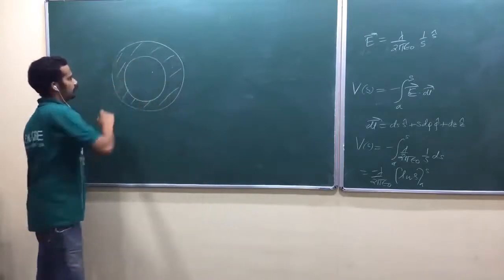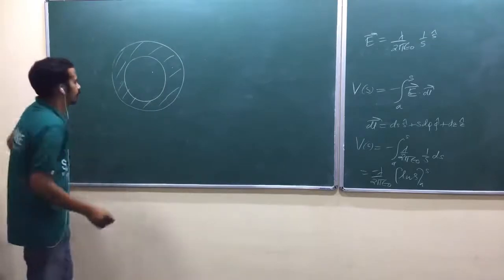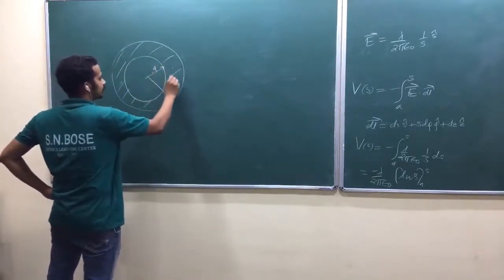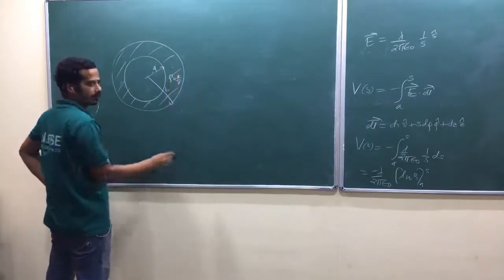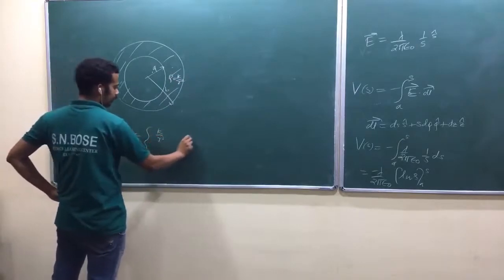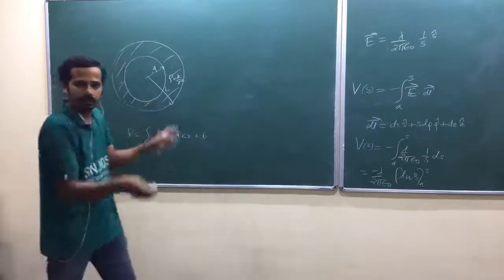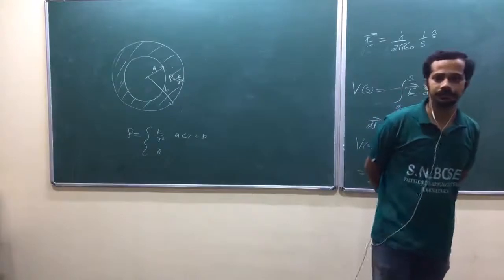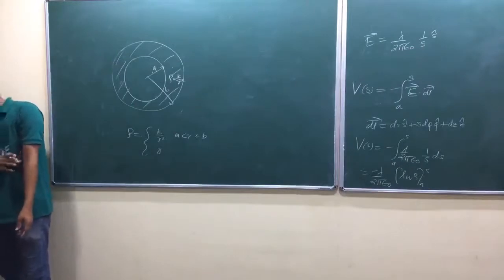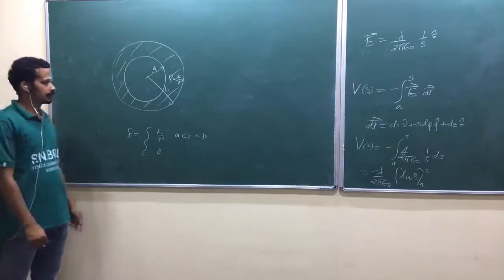Am I right? It is referring to problem number 2.15, of radius A, radius B. So the charge density here, I think, is K by R or R square? K by R square, isn't it? The charge density is equal to K by R square when R is between A and B, and 0 otherwise. Only in that thick spherical region you have a charge. Again, the charge density varies like 1 by R square. I hope we have done how to find the electric field. Am I right? Just line integrate that electric field and do that one.